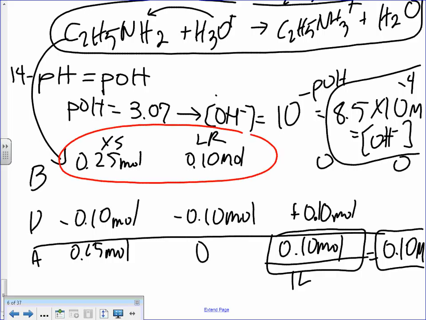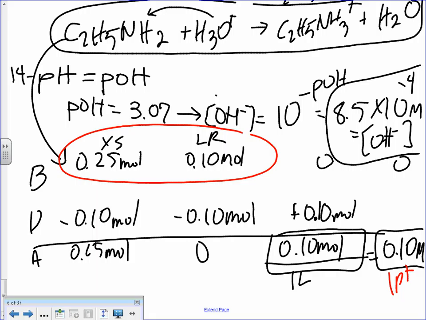You know, M times V gives you moles. They give you points for setting up your moles there, and they give you a point down here for your final answer. So if you got that far and then divide by 1 and showed your work to get to molar, then you wouldn't have got your final point. Okay, and then part